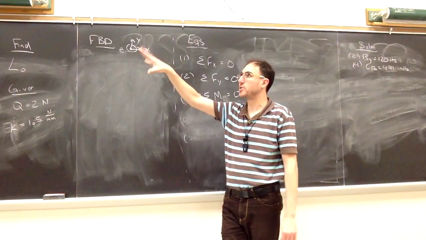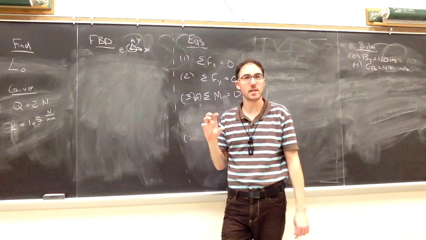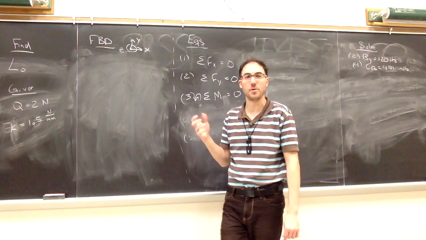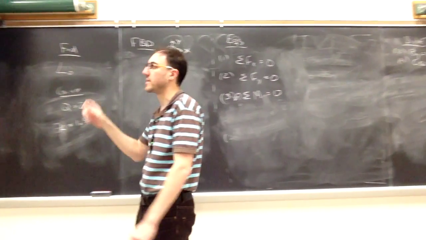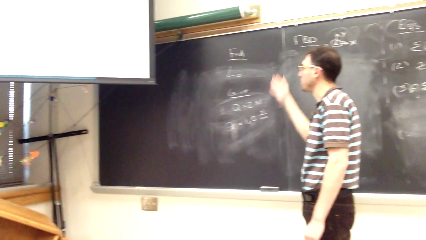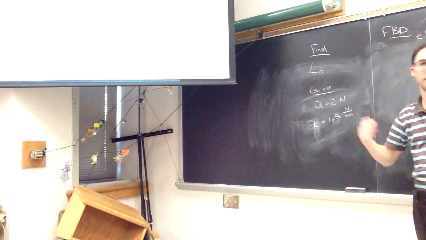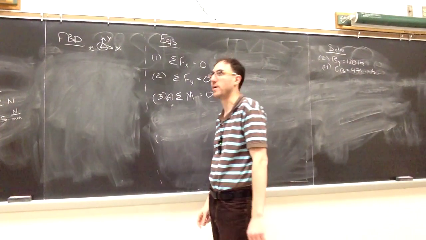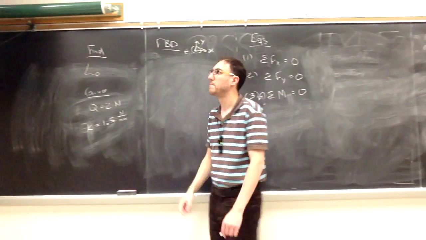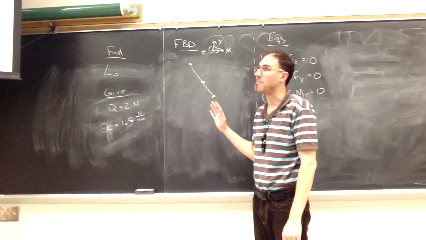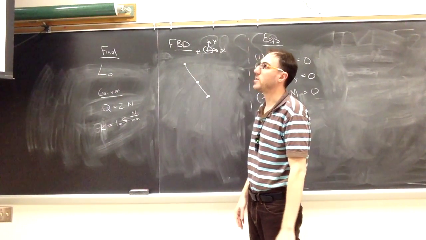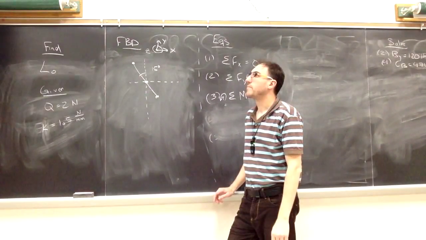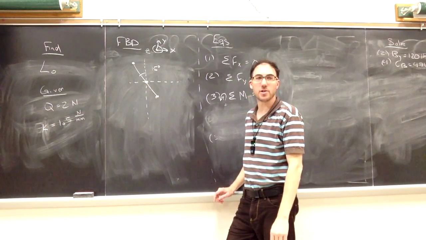The purple switch in this picture, if we isolate that from everything it's attached to, that'll be good to use because it's attached to the spring, and since we're interested in things about the spring, that's going to be important to know. So if we isolate that purple switch, that's our object of interest for our free body diagram. When it's at rest, when it is in equilibrium here, it's 15 degrees off of the vertical, and there's an external force Q